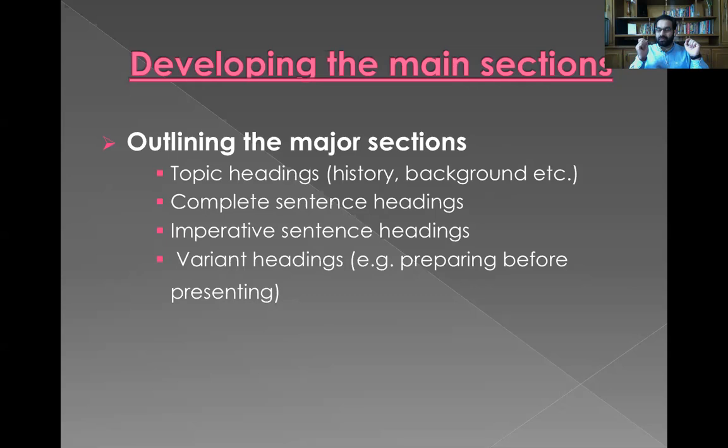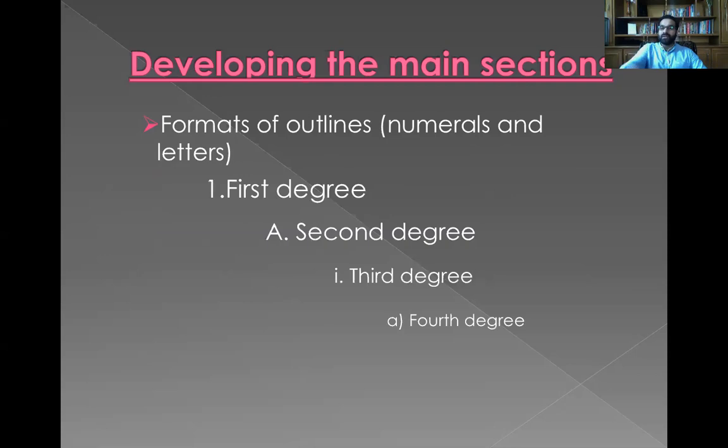Imperative sentence headings, right? You write it in an imperative way. For example, you may ask a question in that. And then variant headings, for example, can be "preparing before presenting." It's simple. Moving on, you see that there are four degrees, and I'll be giving an example as well,